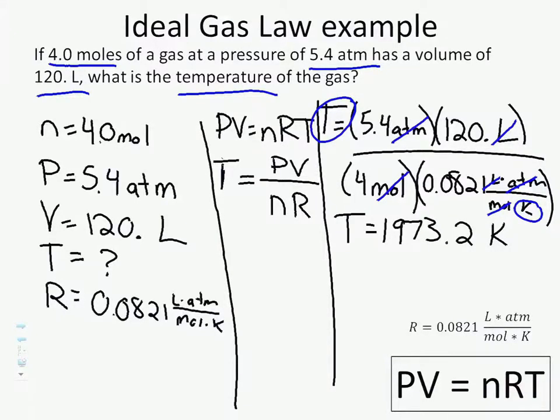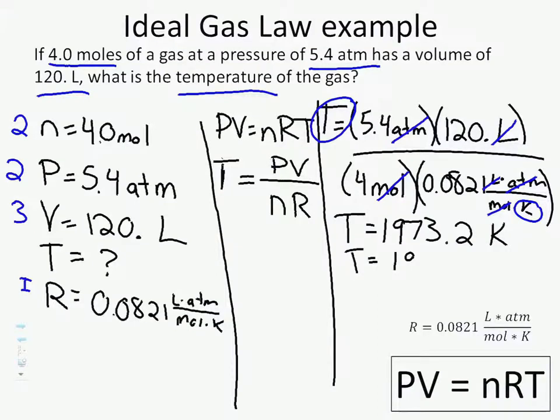Okay, so now how many sig figs do I need? We come back here to our knowns. There are 2 sig figs in this number, 2 in this number, 3 in this number, and this one is infinite. Your R does not get taken into account because it comes from a table or a known value. We will never be limited by our R. We want to go with our lowest number of sig figs, which is 2. So our